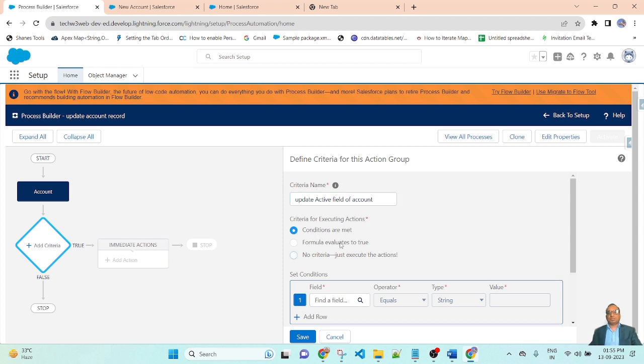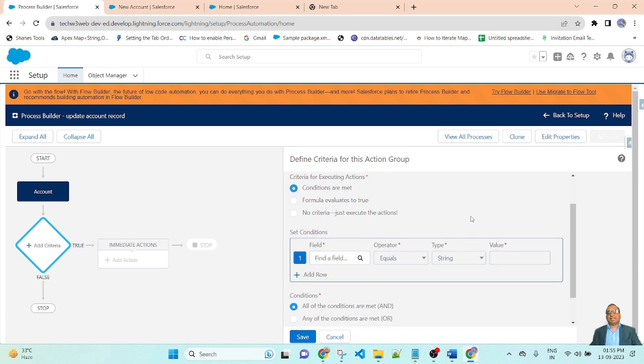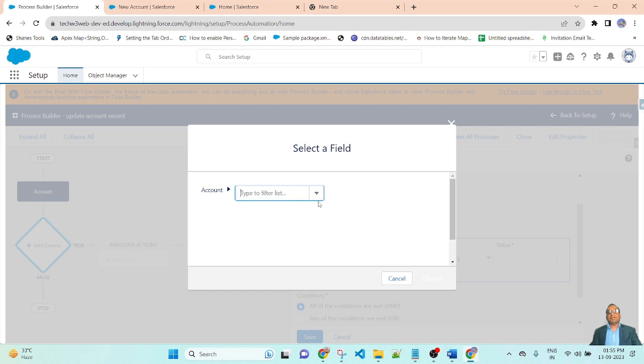There are three options: Conditions are met, Formula evaluates to true, and No criteria, just execute the actions. I am selecting Conditions are met. Now I write the condition: whenever Rating is Hot. Here I am selecting Rating of Account.